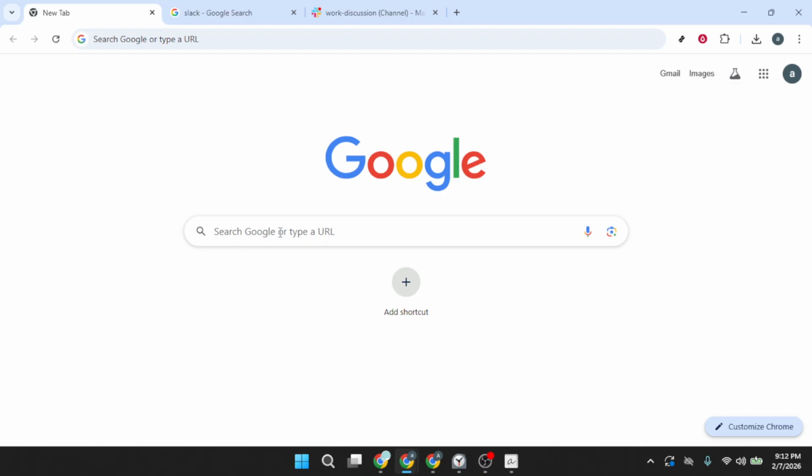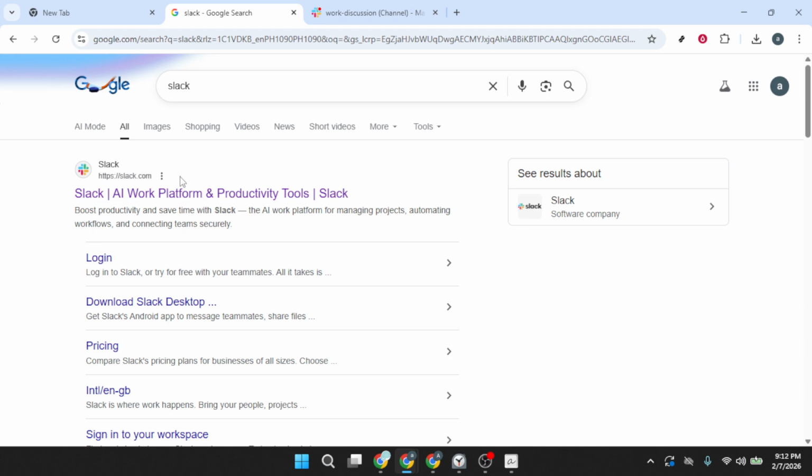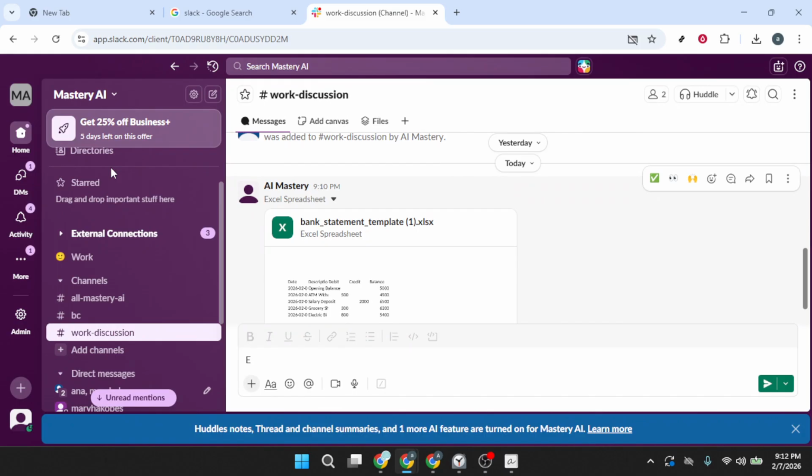In the search box, type Slack and press Enter. From the results, click the official Slack website to open Slack in your browser. If you already use the desktop or mobile app, the actions I'm about to show you are the same there as well. Once Slack is open and you're in your workspace, look toward the top of the Slack window for